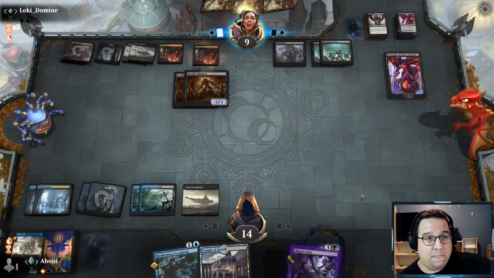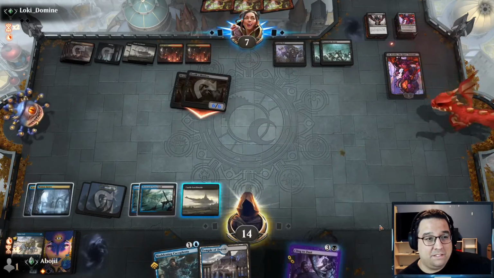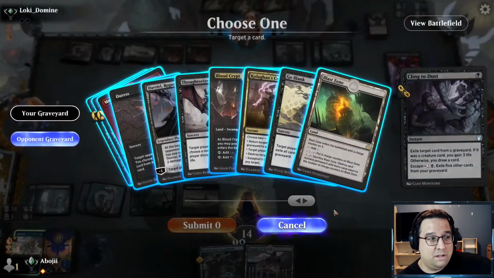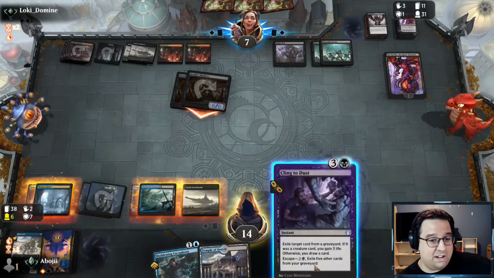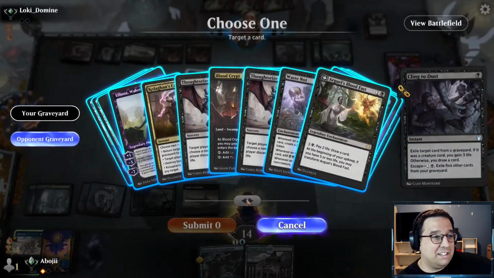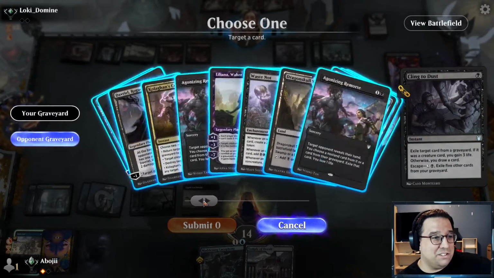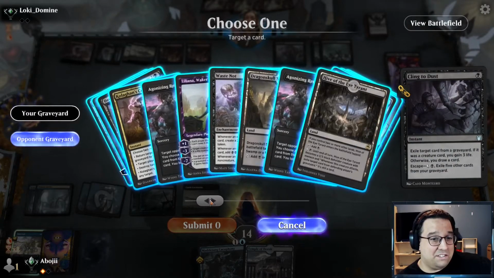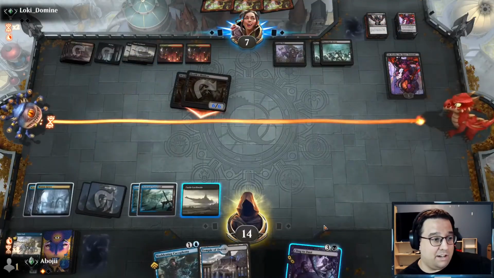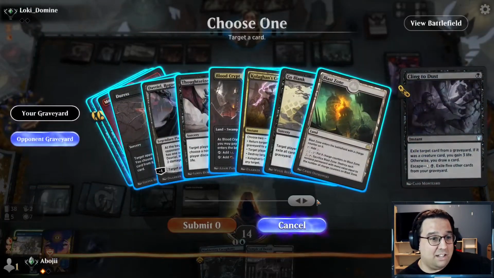Try not to think too hard. Wait, can I cast this yet? I can now. Okay. Let's go get a creature. I hope there's a creature. Are you serious? There's no creature? Okay, there's a Rune Crab in my deck. Oh, I can't get the Rune Crab, can I? Because I only have...